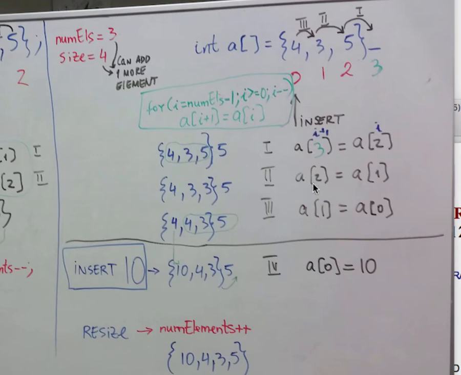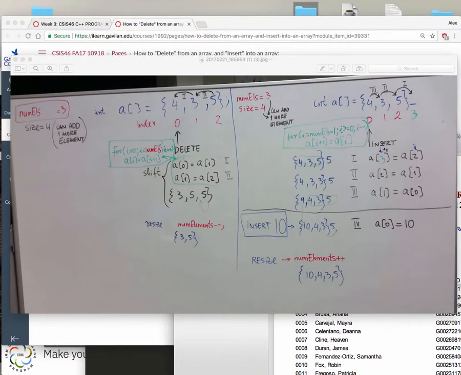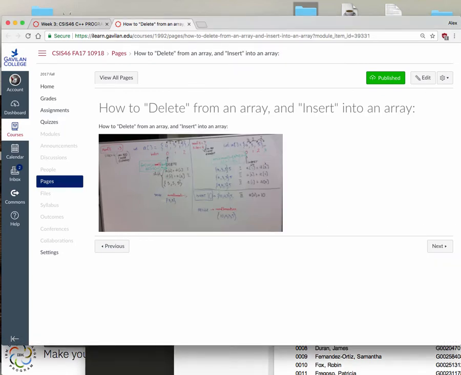Okay, so we want it to go to 0. Does it go to 0? Yeah, the I goes to 0. The I goes 2, 1, 0. Okay, and then you just do A I plus 1 is equal to A I, and then it does all the shifting for whatever size array you want, and that's it. Okay, so this is the insertion and deletion of arrays, deleting and insertion of arrays, and